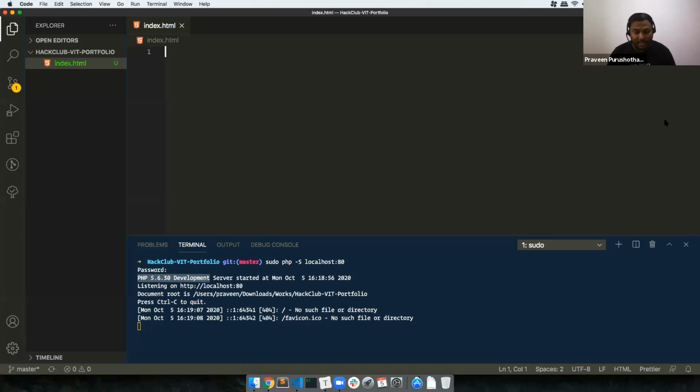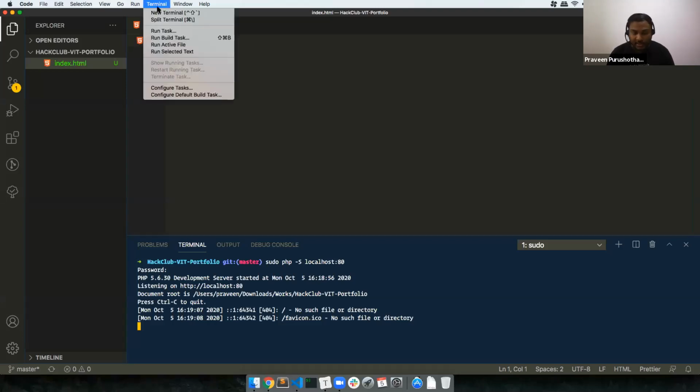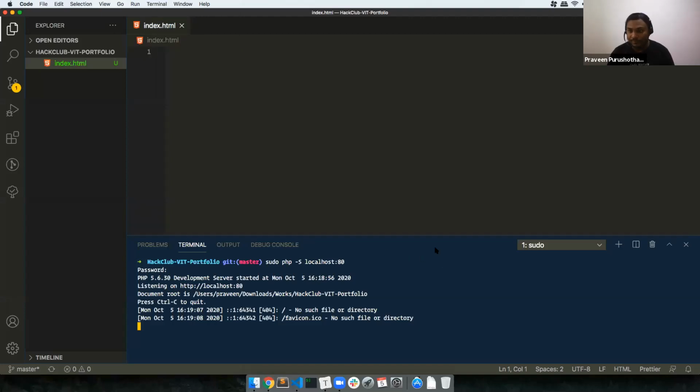Sanyam, for Sublime Text, what I would suggest is take a new CMD or terminal window and type in the same thing. The only thing Sublime Text is missing is the Git Sublime Text 3, then you have everything. Sanyam, just give me some time, or ping me on LinkedIn. I'll tell you what you need to do for Sublime Text 3 and how to open terminal in VS Code. Click on terminal here and click on new terminal, and that will open up this terminal window.